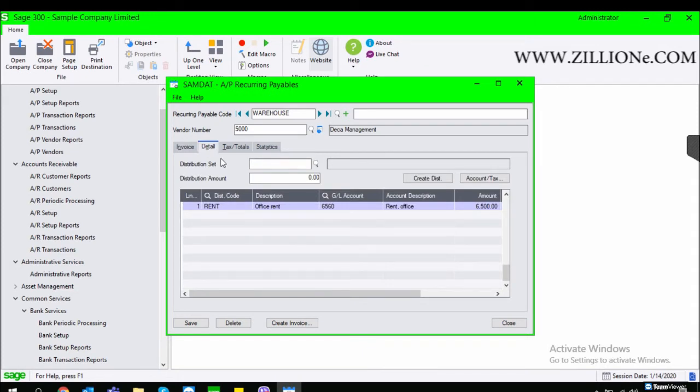So let's move on to the next tab, that is the detail tab. The detail tab is used to enter the details of recurring payables. You can open a separate detail account and tax screen to enter distribution and tax information for the detail. So to open the detail accounts,